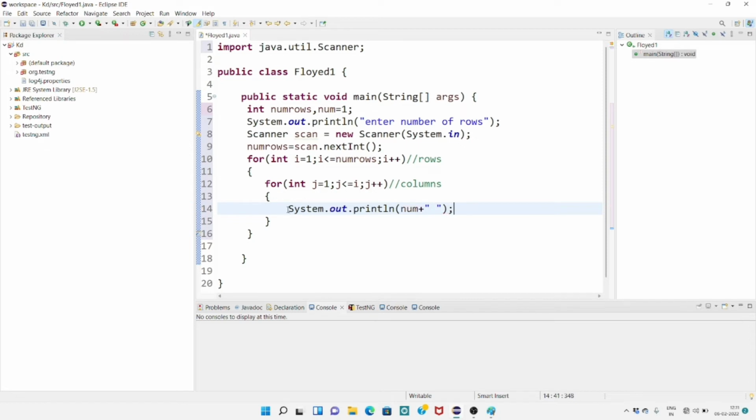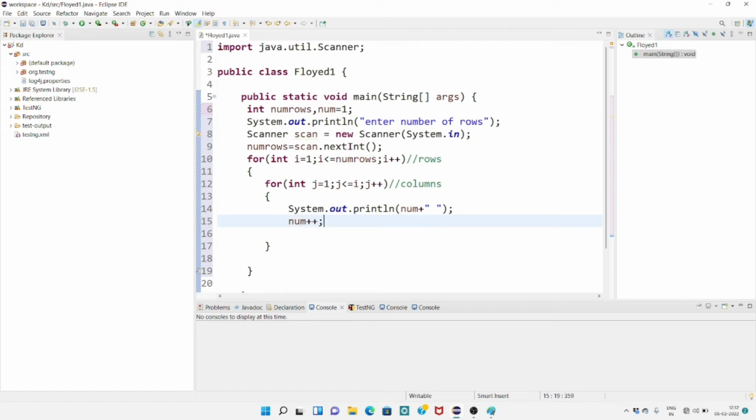So this is nothing but the simplest statement for printing numbers. Now again we want all these numbers on a separate line, or we want the output in separate lines. But before that, we don't want only one number, that is here it is 1. If I use only this one statement, only one number will be printed. Now we have to increment the value of num, that is num plus plus,